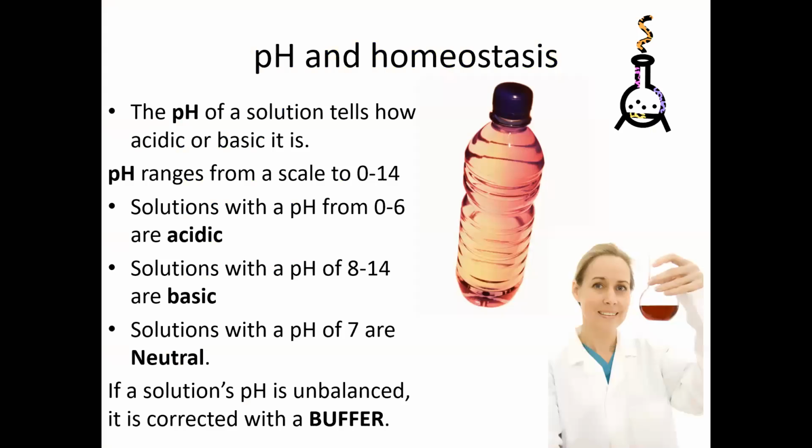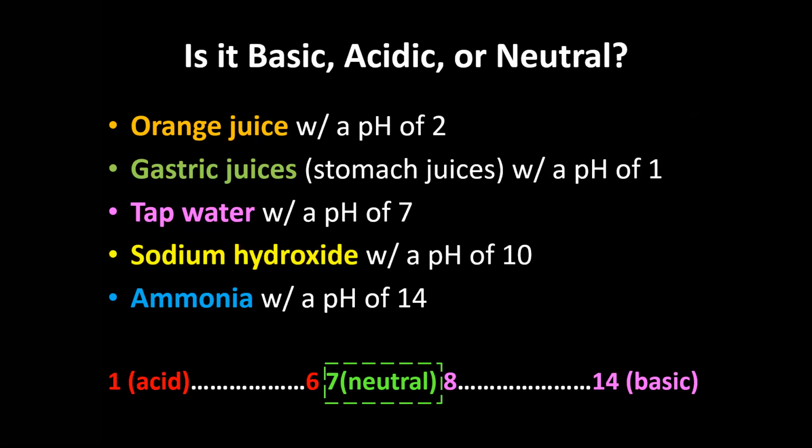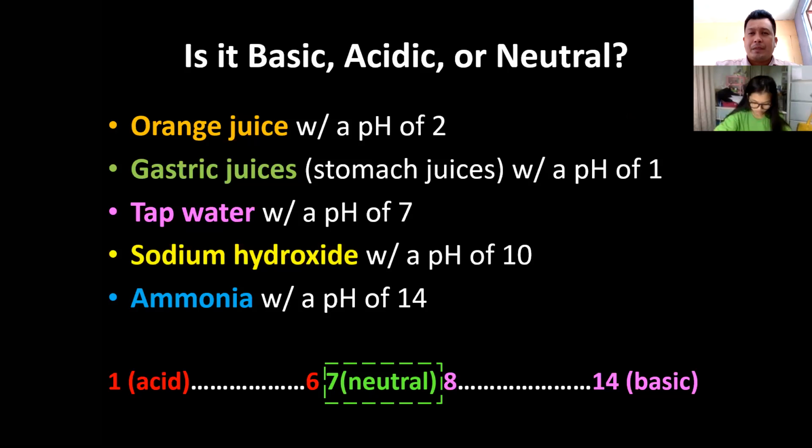So we have here the pH level ranges from 0 to 14. 7 is the neutral. 8 to 14 is basic. 0 to 6 is acidic. Examples of acidic substances that are located in your house: one of them is vinegar, another one is coffee, you also have milk, and you also have muriatic acid.